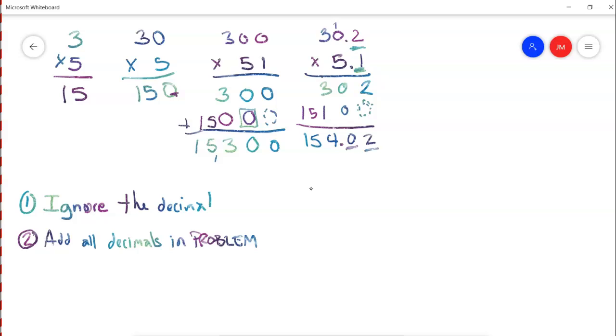Okay, my second step is to add all the decimals in my problem. And my third step